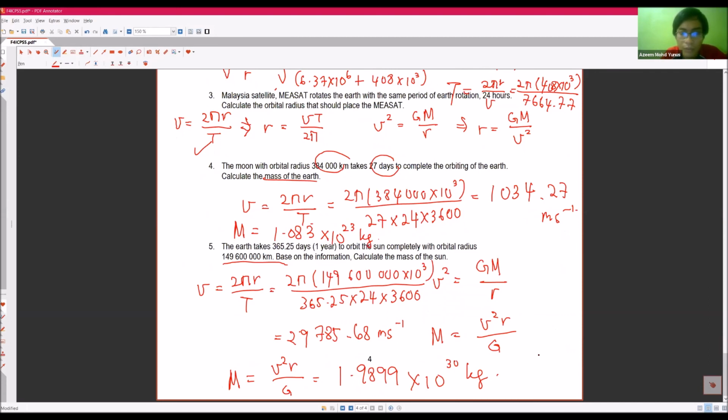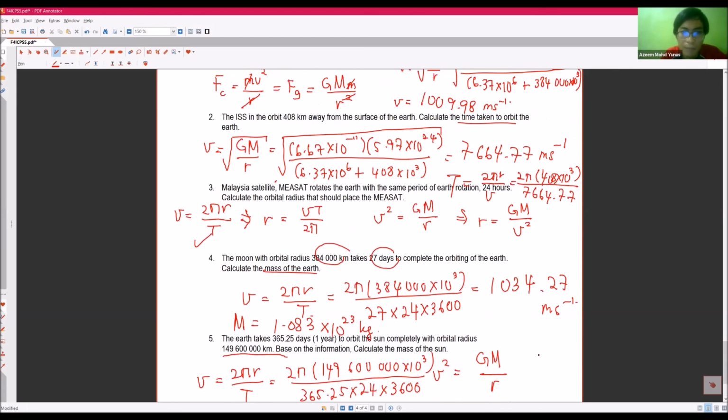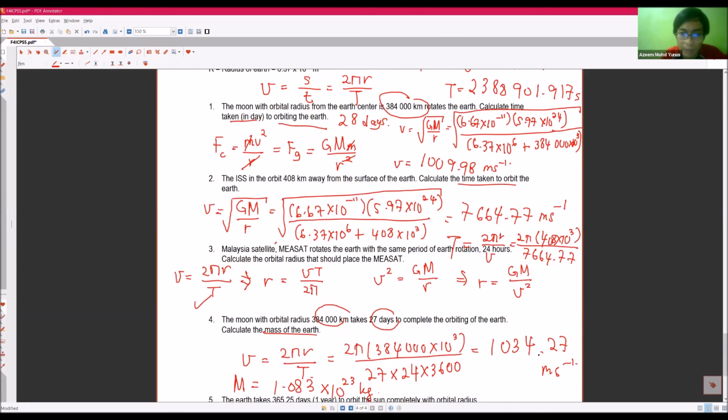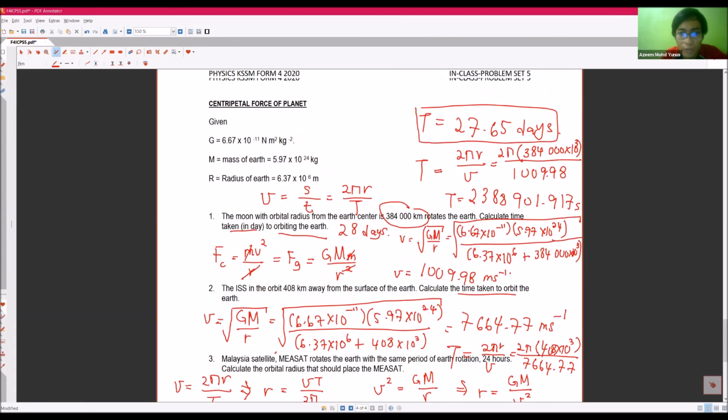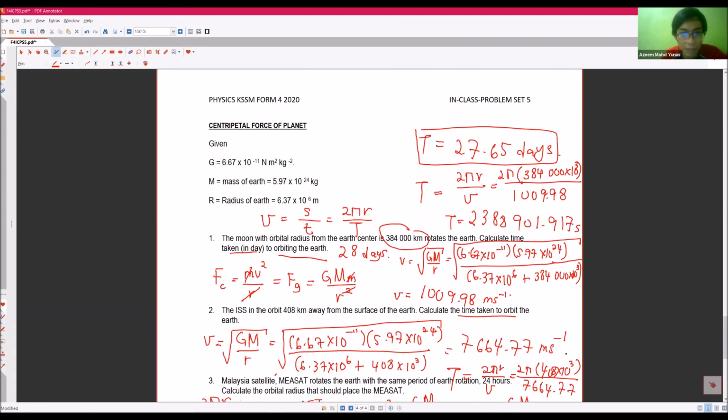So I think that's all for today. Hopefully that we can manage to finish all the chapters in manners that are easier for you to understand. Basically, our goal here is for you to use the formula efficiently, to choose the correct formula, and to use the information to determine which formula is suitable to calculate or